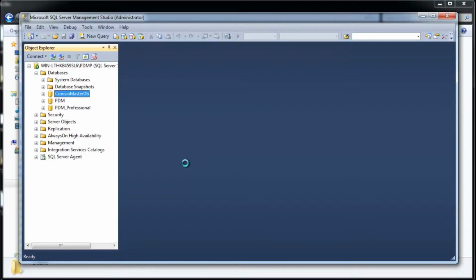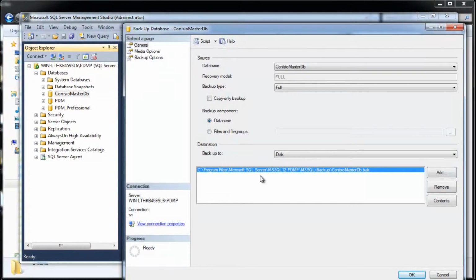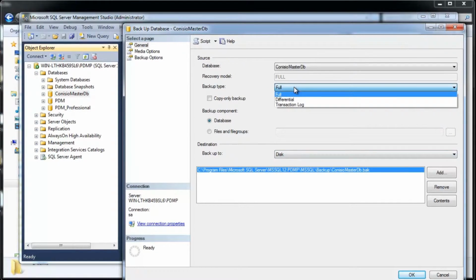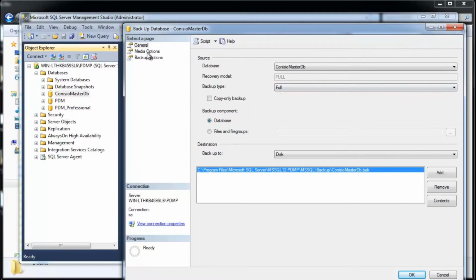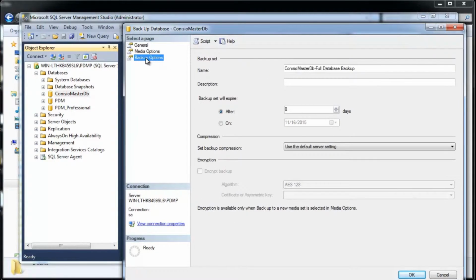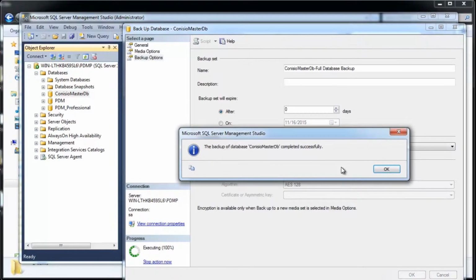Now this is a more manual process where you can back up each database. You pick a prescribed location where you're backing it up to. Is it full, differential? Full is obviously the most recommended method. And then you can go ahead and have it do a verification and different options as you want to as well. The preferred method, though, is to go ahead and set up,